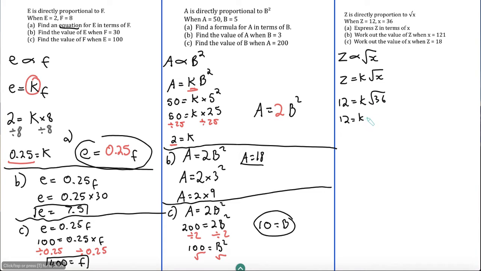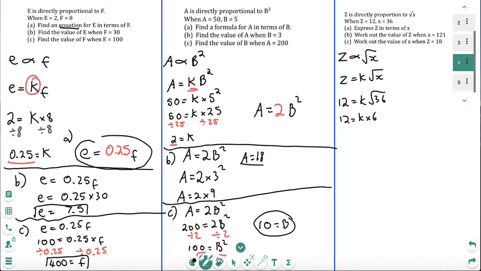Square root of 36 is 6. So k times 6. K is being times by 6. To get rid of timesing by 6, I'm going to divide by 6. 12 divided by 6 is 2. Times 6 divided by 6 cancel out. We're left with k. K is 2. Formula. I'm going to replace my k with 2. So z equals 2